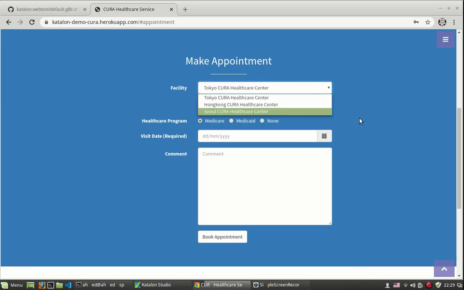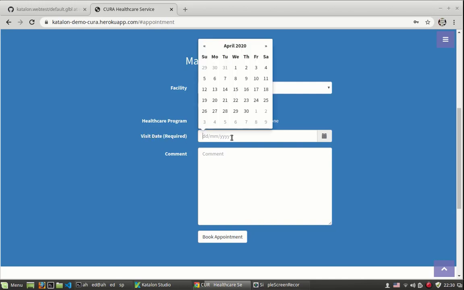For data-driven purpose, I will be using Excel data-driven to select these values from Excel sheet, and I will click apply for hospital readmission. Each iteration in data-driven test, I will select a different radio button from this radio group, and for visit date I will click here first,